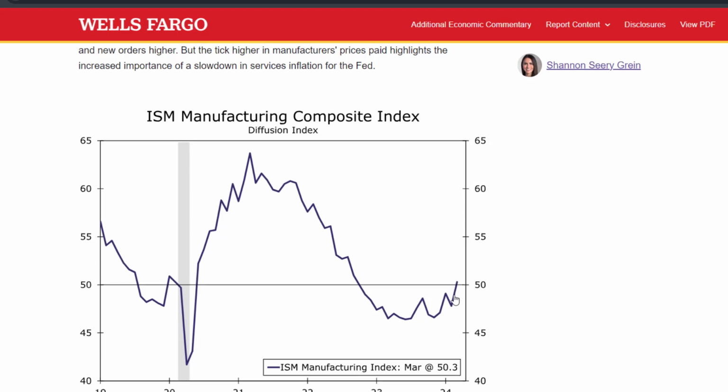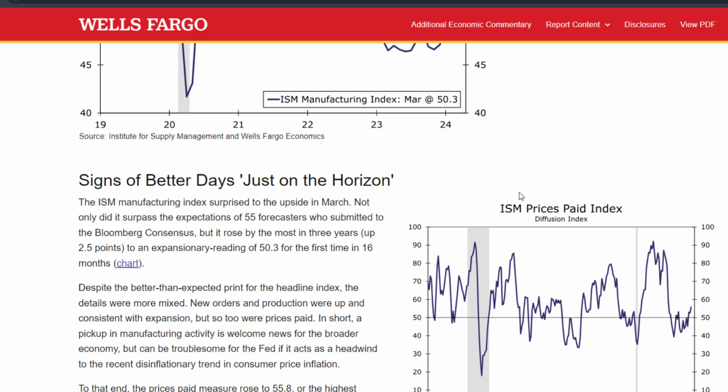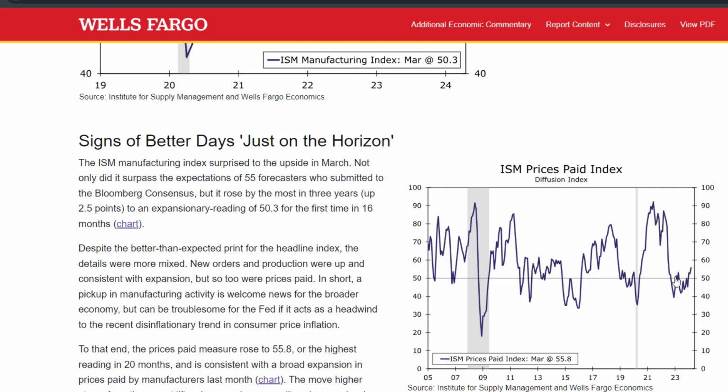Well, again, I don't want to delve too deep into this report, but one thing I do want to highlight is that when you take a look at prices paid for manufacturing, that's where the concern comes in, because the report says that the cost of things that manufacturers need to make their products, think about plastics or metals, it's going up. And so this means that consumers will have to pay more. And some people may be wondering, well, why is it that consumers will have to pay more? Well, if it costs more to make something, they're going to pass it over to the consumer. That's just what it is.